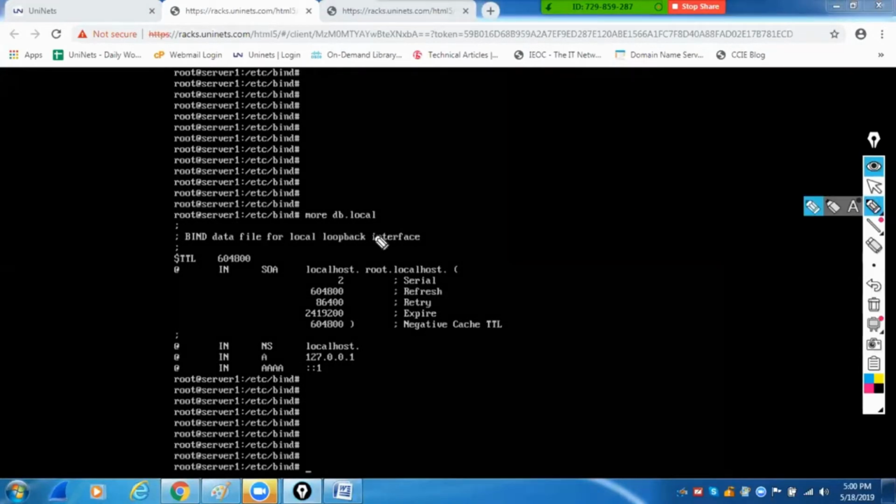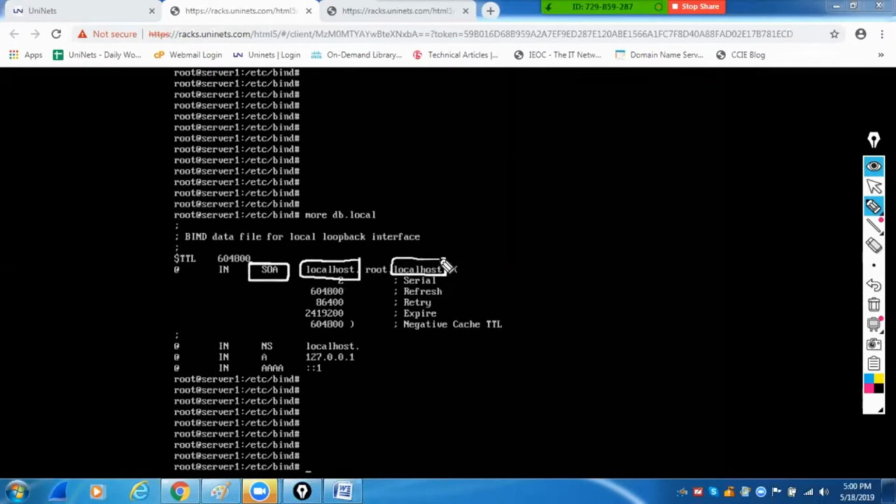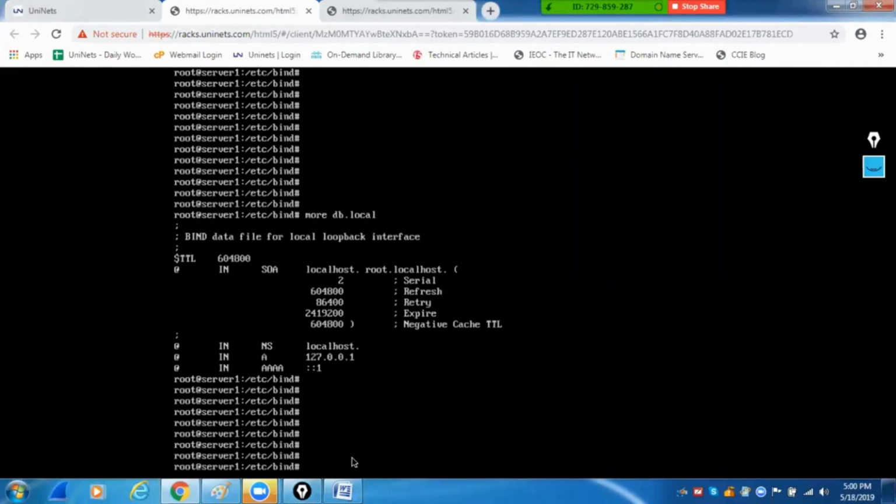And when you see here, first you are having the SOA record. So this will be your domain name, and here these will be your parameters. And then the very next record you have is the NS record, the name server record, where again you will mention the domain name. And then we have A records and quad A records. So this is a template which defines how a very basic zone file should look.